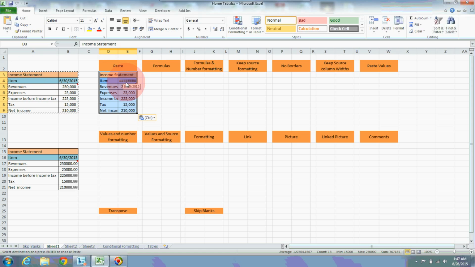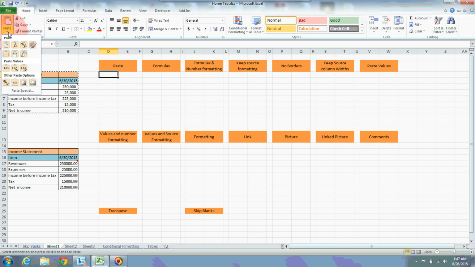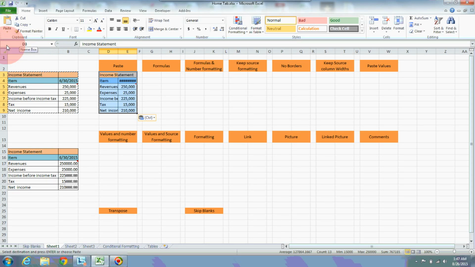I can also do the same thing using the paste option. This is the first option, called paste. Whatever I did earlier with the keyboard shortcut, Control V, I can also do using the mouse and paste options. We have already discussed the smart tag.